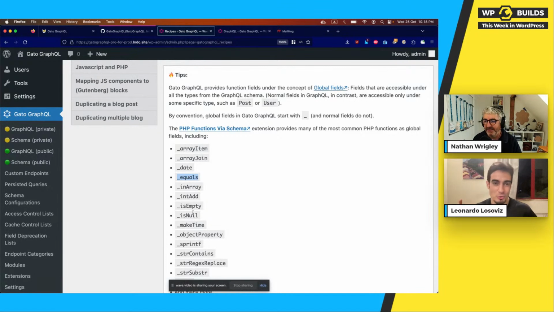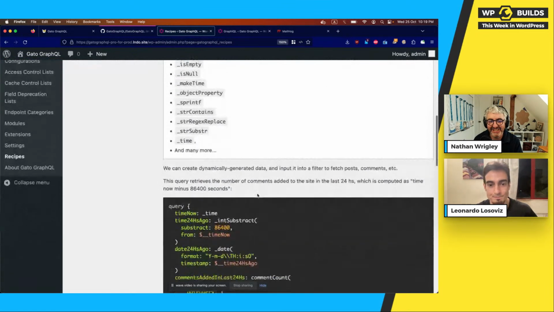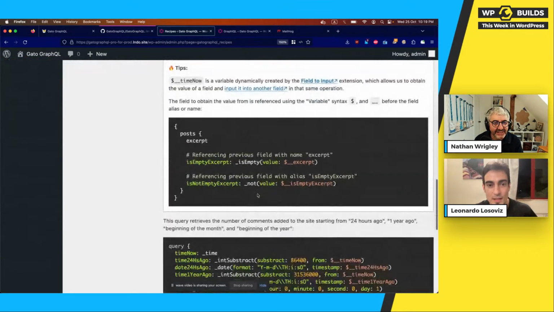You don't need to modify your functions of PHP in your theme. You don't need to create a plugin. You just come to the WP admin, to the graphical client, you copy the query, paste the query, run it, and you have the functionality in like, I don't know, 1 minute. Yeah. So